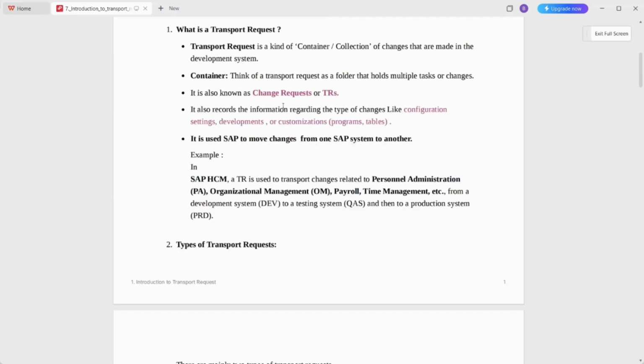It is also known as TR. TR is the short form, and it is also called a change request. It also records the information regarding the type of changes. Type of changes means it may be a configuration setting change, a development change, or a customization according to the business need. According to the business need, whatever changes we have made, all these records are stored in the